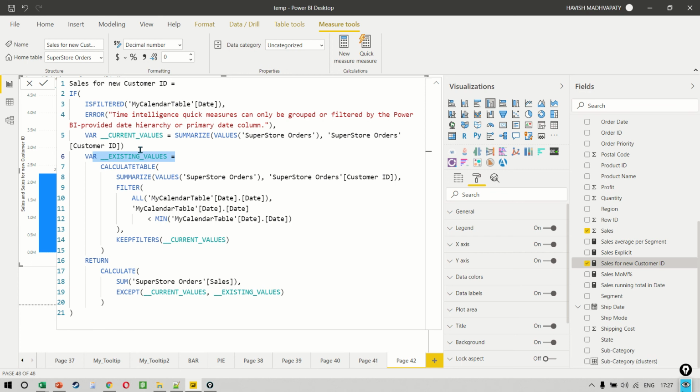And that's about it. For existing values, I need to find out in a slightly more complicated way, what is the sum coming from customers who are existing? That means who were already there with the business last year as well. And current values would be the total sales for that particular year. And finally, when we do an except function, the except is simply comparing two tables, because we already have two tables, one with the old and new, one with only the old. We are able to find out what is the sales from new customers.